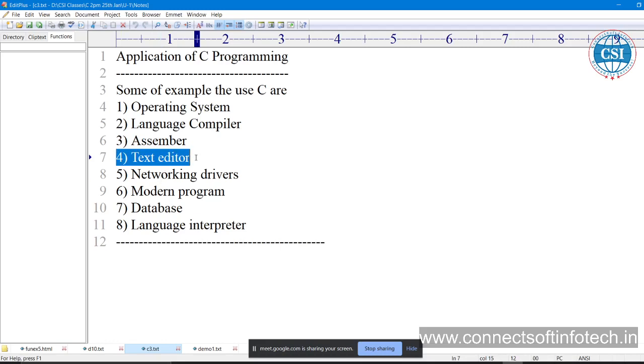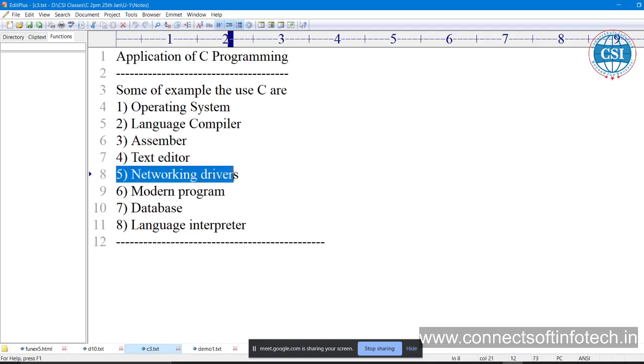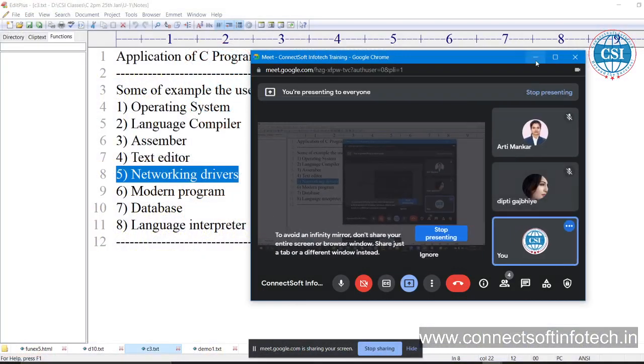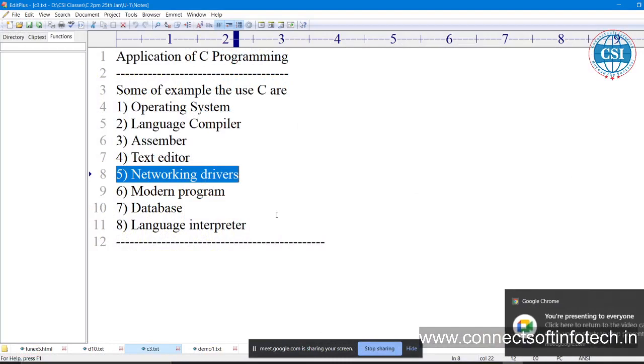Using C code, we have developed some text editors. The most important thing, again, is that the C language is used to develop networking drivers. So, networking drivers